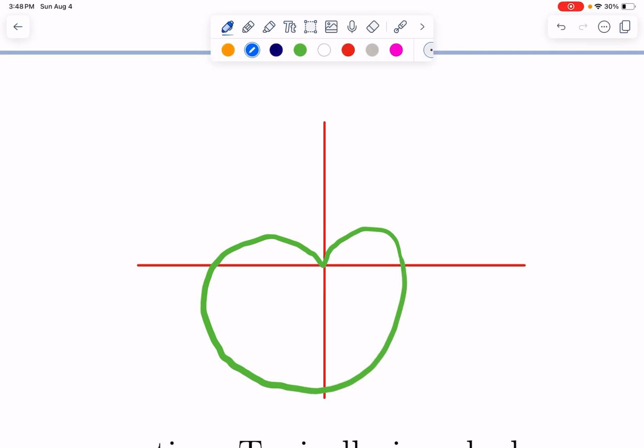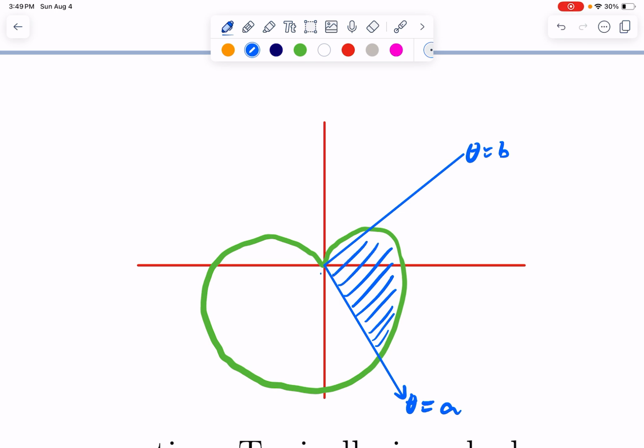What we could do in this case is think, all right, maybe here is theta equals A. It specifies a direction. And here maybe is theta equals B. And I would want to find this area. It's not the area under the curve. It's the area inside the curve. And it starts at this ray or radius coming out of the origin, and it ends at this one. That's what's happening. It's not between two vertical lines. It's between two lines coming out of the origin